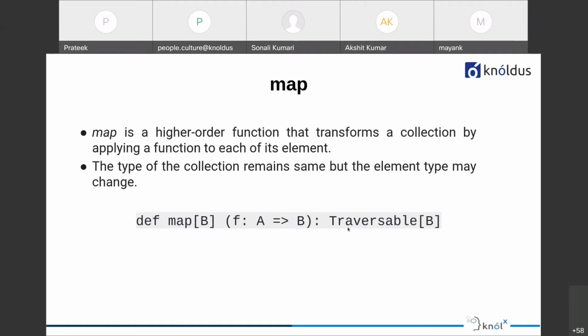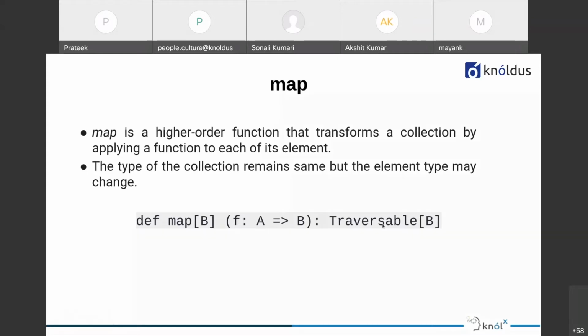Okay, so this is how the map signature looks like. This map function will call this function that we have passed here, the f, on each of the elements of the collection, and will transform it based on the implementation that we will provide here. And this is how it works.